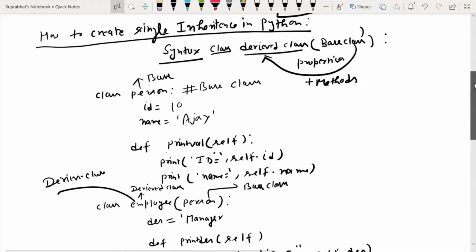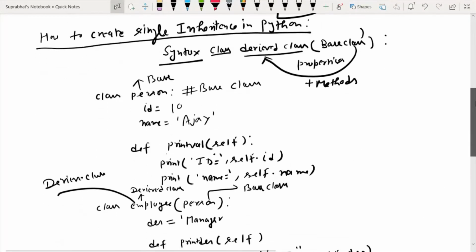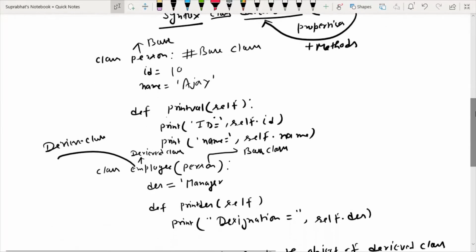One function of the base class, that is printval. This function is also available because this is the beauty of inheritance: the base class gives its properties and methods to the derived class. So this printval method is also available for the derived class, and its properties are also available for the derived class.